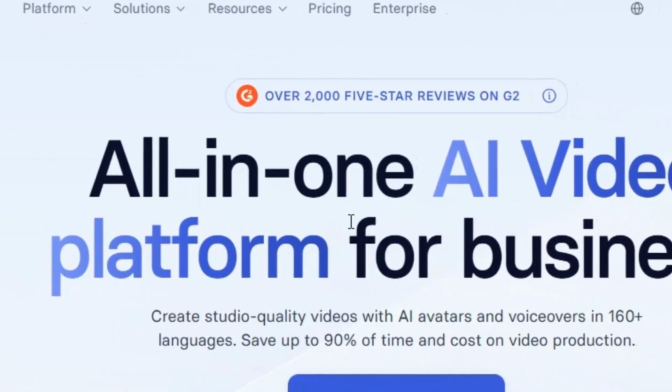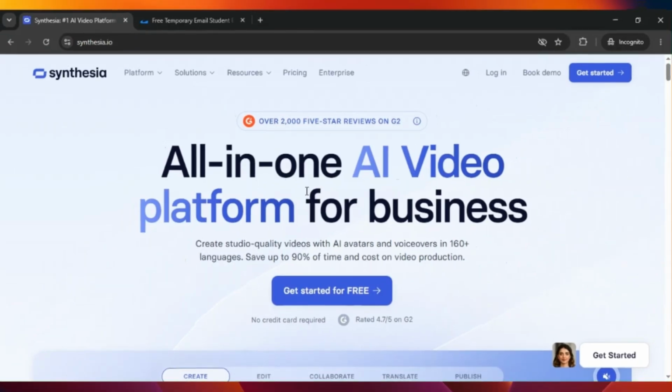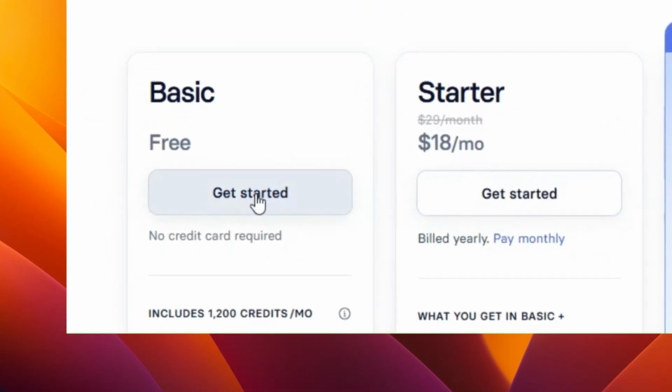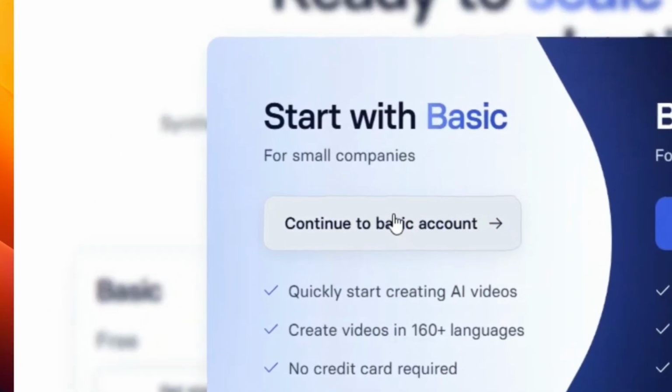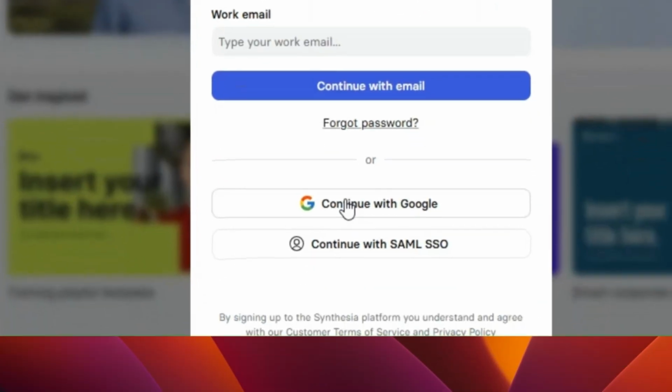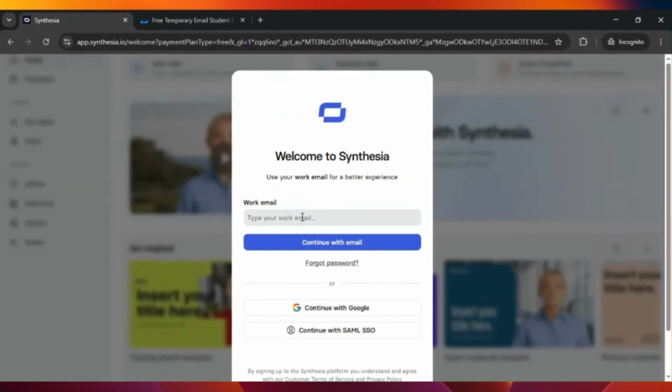Once the site loads, you'll see an interface like this. Now click on Get Started button in the top right corner. Scroll down a bit and select Get Started under Basic Plan and click Continue to Basic Account. You can either continue with your email or Google account, but for this YouTube video, I'll choose email and use